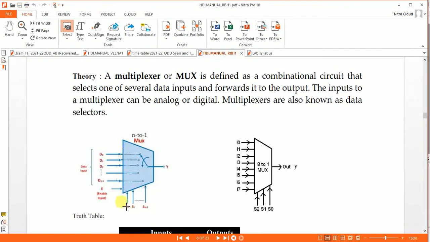So we can design a circuit such that the output can select any one of these inputs. Depending on the select lines, if all the select lines are 0, 0, 0, then Y will select the data D0. Similarly, if the select lines are 0, 0, 0, 1, then Y will select D1. If all are 1, 1, 1, 1, then Y will select Dn minus 1. For n equal to 8,